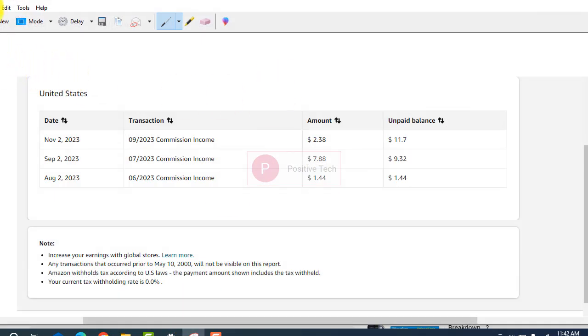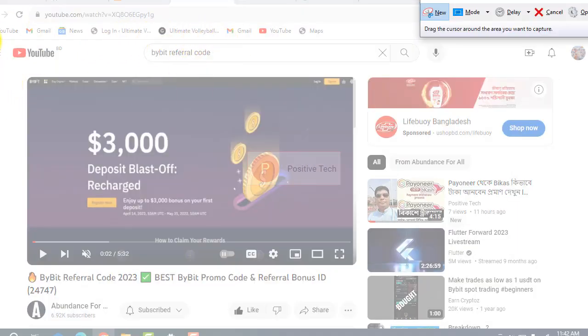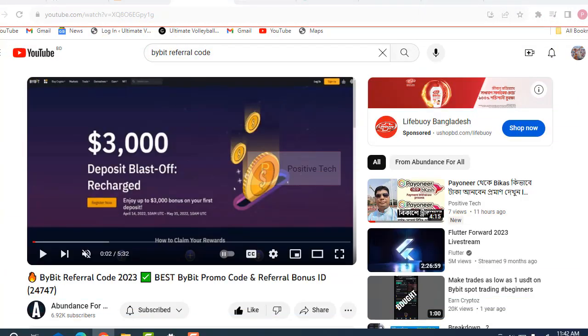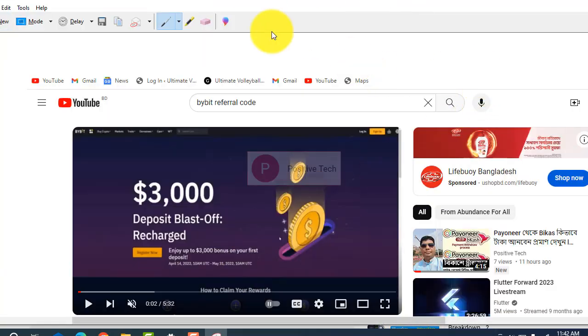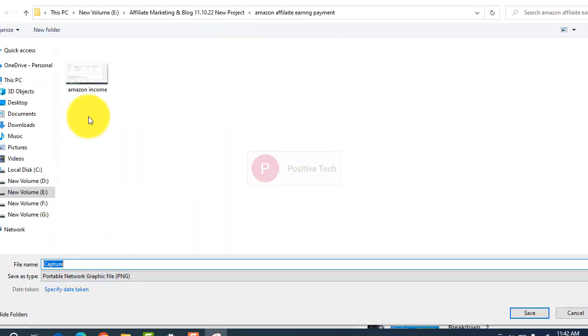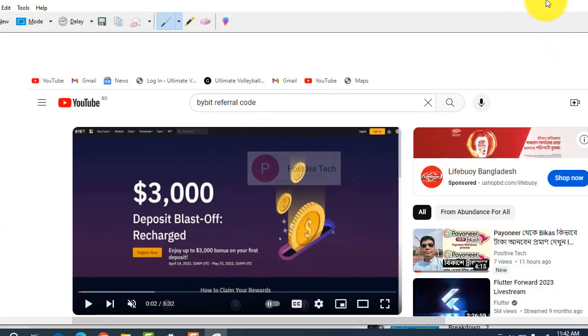Just click here and snip, and then save it easily. Give it any kind of name, and then you have to open Lightshot.